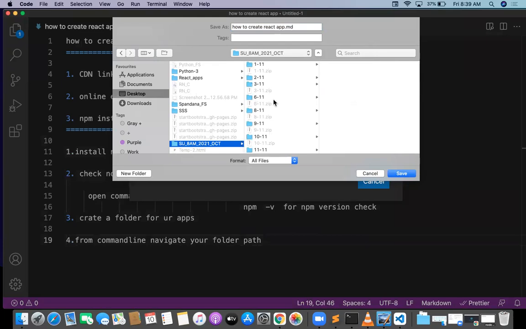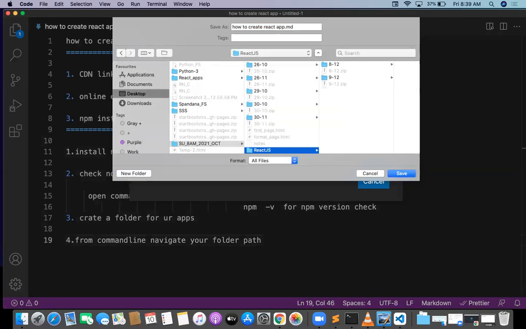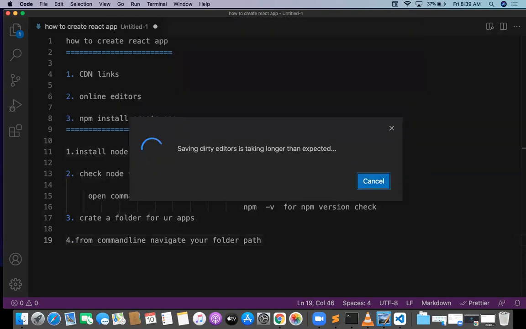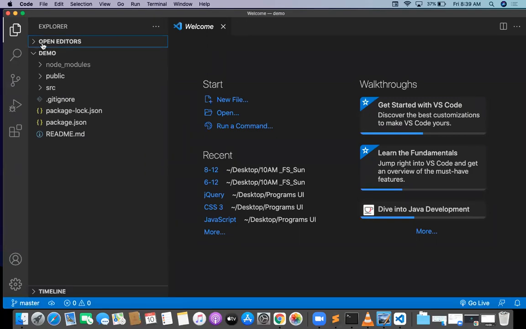Okay. What is the date today? 10. Yeah. So inside this, I want to create this in the notes. And the project got opened now.